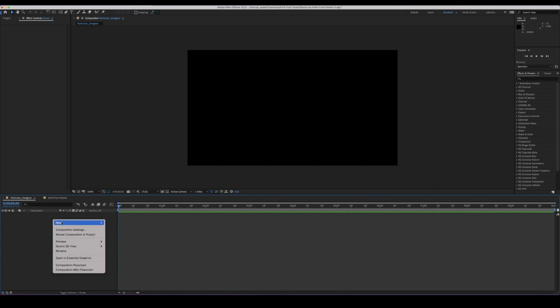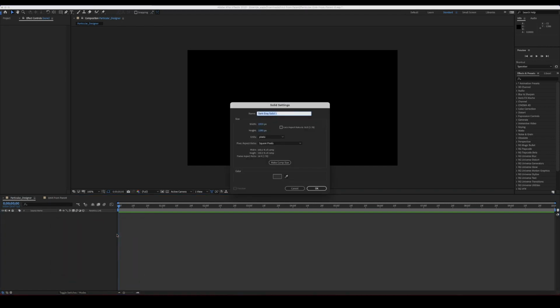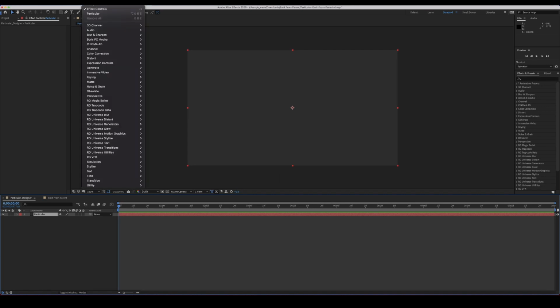Particular also makes it easy to add natural effects and even 3D object-based emitters to your work. So let's dive into After Effects and take a closer look. Here I've got an empty new comp. We can add Particular by adding a new solid. Then if we go up to the Effect tab, find Trapcode, then hit Particular, we can see it's been added